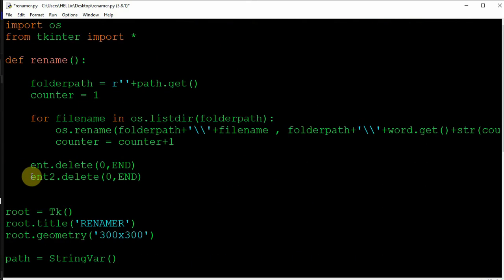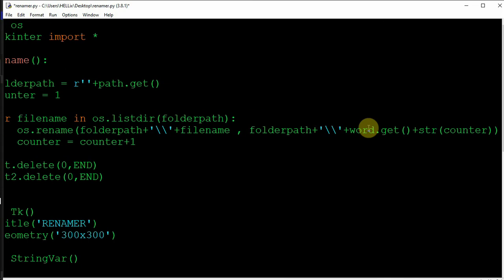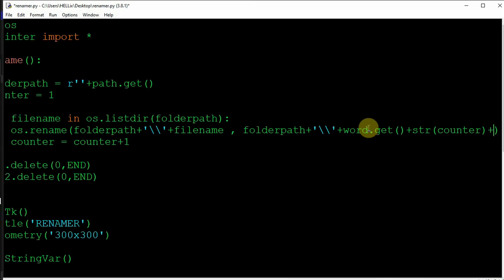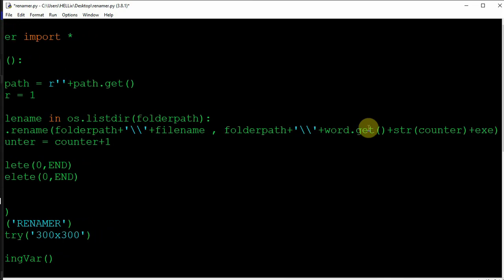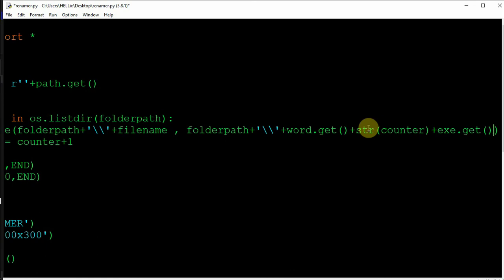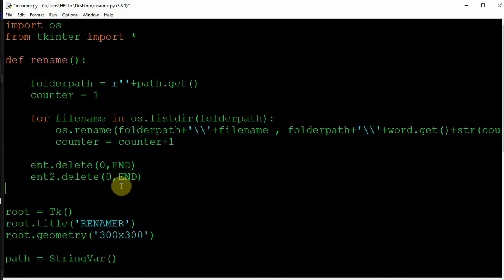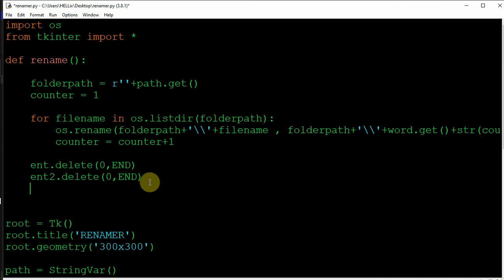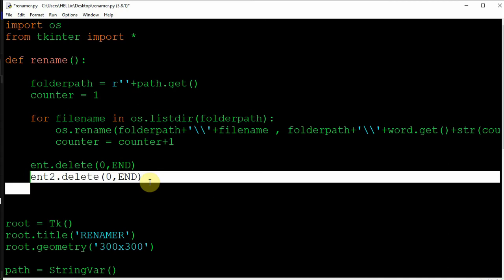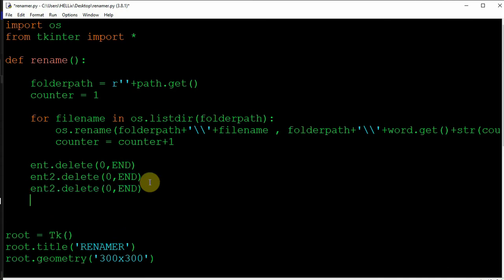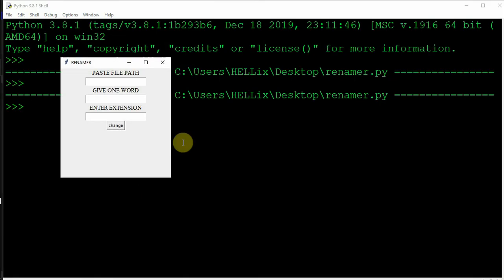So clear and cut. Over here in this particular file, go at the last, and at the last you add the exe.get, right? We had created one text variable exe.get, and after this come up over here and remove whatsoever you have written in exe. It's easy. Copy this much part, press enter for this much part above one, copy and paste. So make it ent3, save it. Now press F5. It's asking three things.